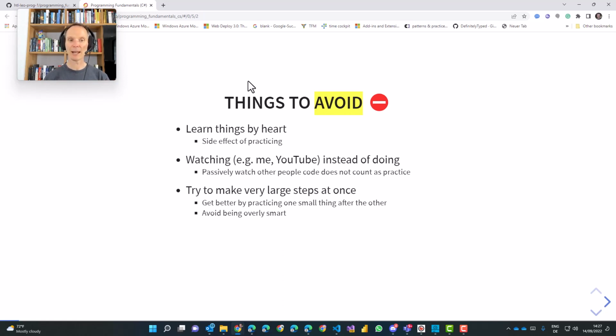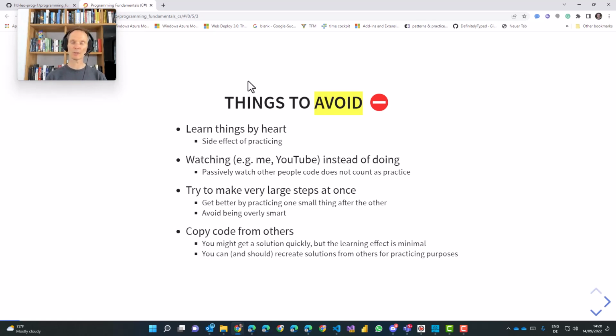And also, don't try to be overly smart. Maybe some of you have already learned some lessons in terms of coding, or you have seen YouTubers doing some fancy stuff with fancy language constructs or things like that. Avoid those things. Try to apply the knowledge that you really understand. That is another wish from me to you in this course.